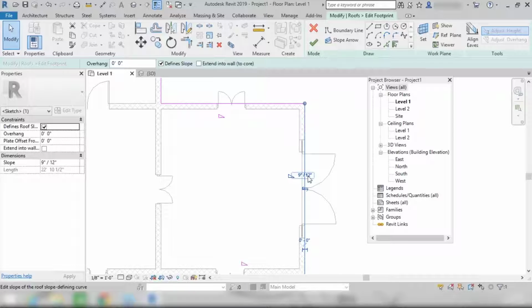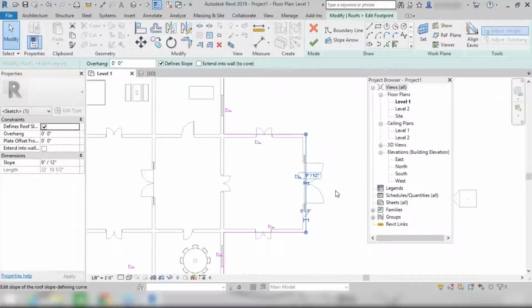You can also understand it like this. If your perpendicular is 9 inches, base will be 12 inches, right? There is a gradual increase from 0 to 9 inches as we are moving 12 inches. So let's suppose you do not want any slope here. So you can click on this define slope button.